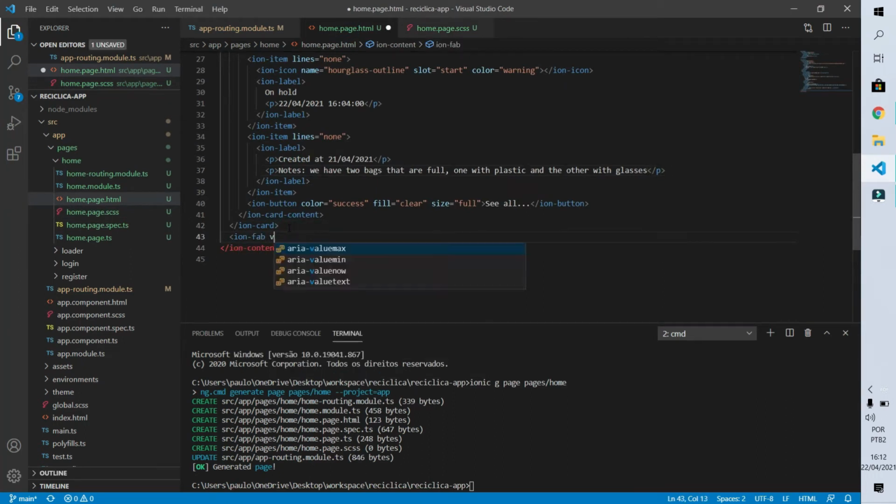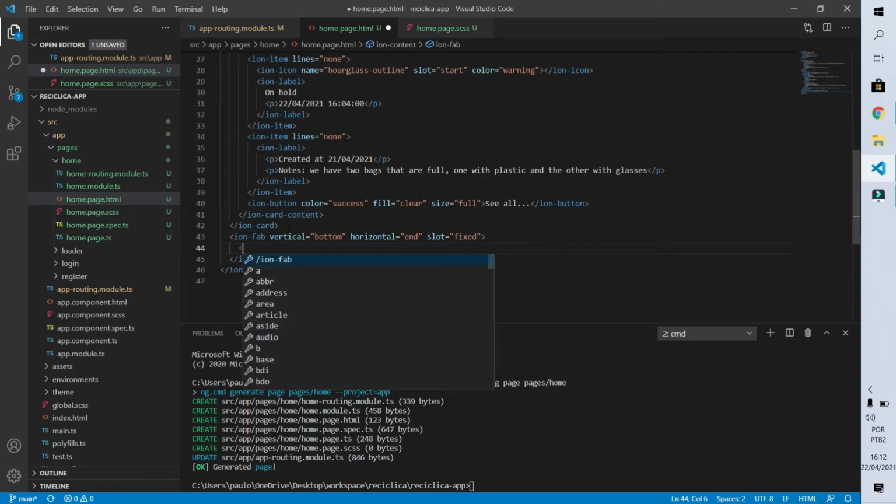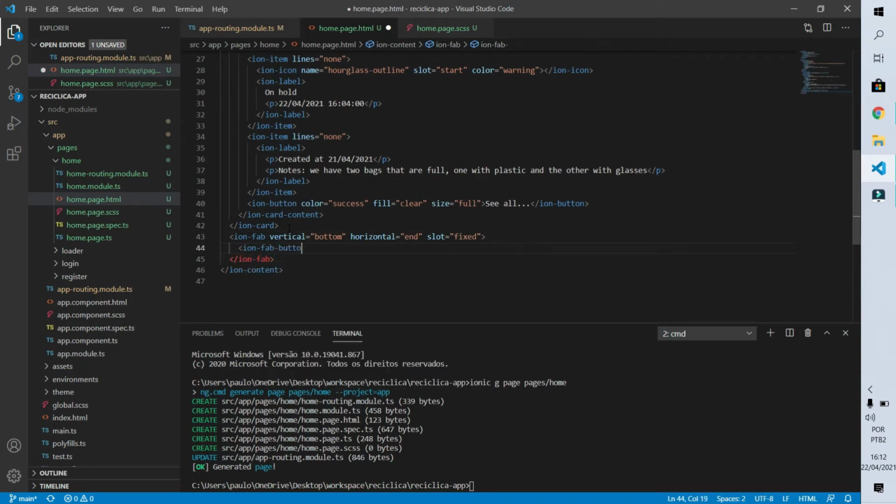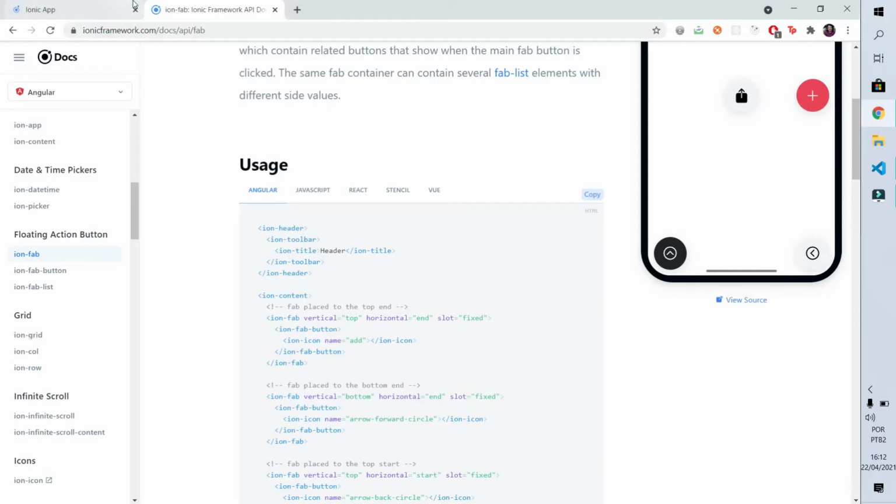I will inform that vertically it will be at the bottom, horizontally it will be at the end part, I mean in the right part of the screen, and that it always will be fixed there on that part of the screen. Inside of it, I'll create our button. This button will have the green color, I mean the success color, and what I want to have inside of this button is an icon, and the icon I want to have is the add icon. Let's save it and see how it turned out.